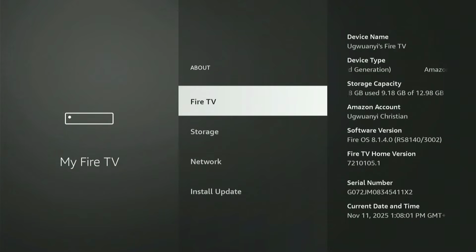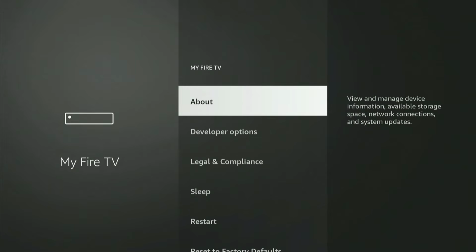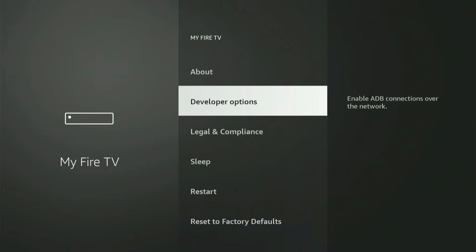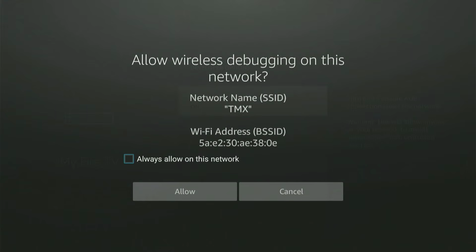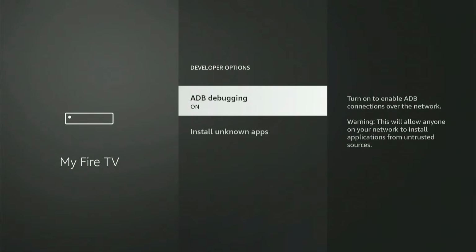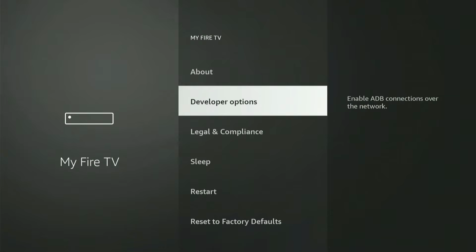So after turning that on, you're going to go back to the previous page and you open developer options. Okay, so you're going to turn on this ADB debugging by clicking on the select button. Okay, after doing that, you go back to the home page,